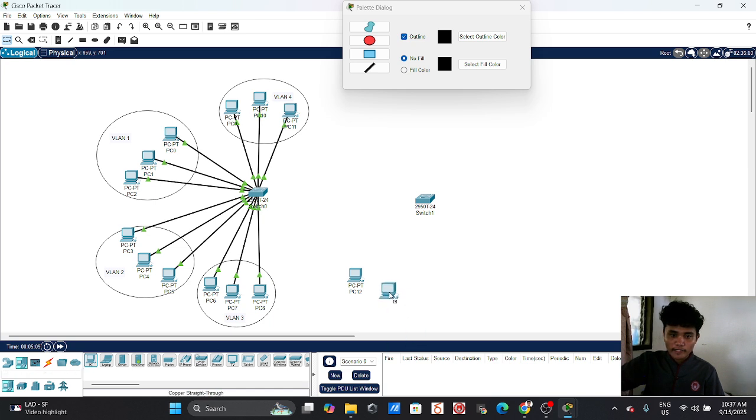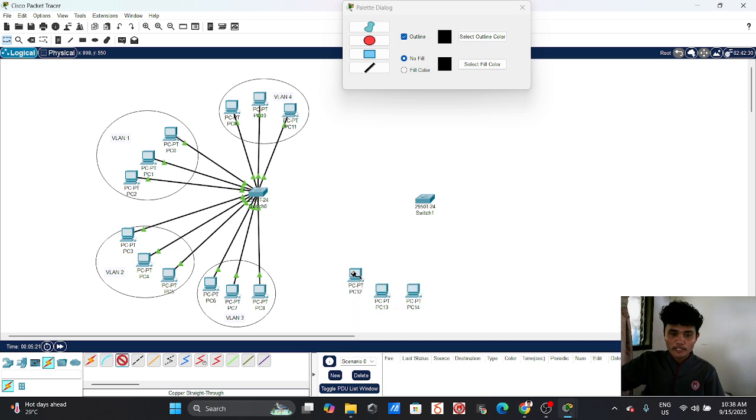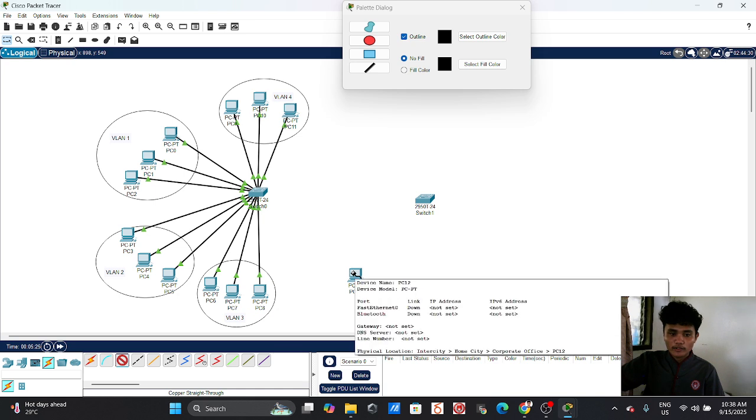So this is our VLAN 1 in switch 2. It's the same: VLAN 1 is for 1 to 5, VLAN 2 is for 6 to 10, and then VLAN 3 is 11 to 15, and VLAN 4 is 16 to 20.